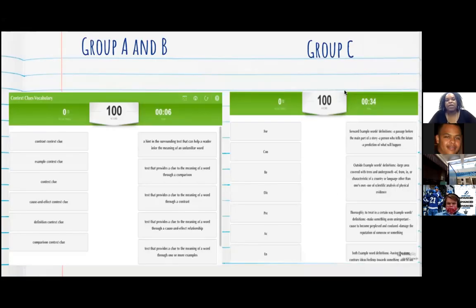Now, when we look at the second part, so this will be the second activity that they complete. Group A and B, because there's some knowledge or no knowledge at all, they're going to do the same activity. And it's okay when you think about it. If you want to have Group A and Group B to have the same activity, you can. Typically, it's a planning issue. So if you realize that they don't understand context clues, and I'm speaking in the reading aspect,